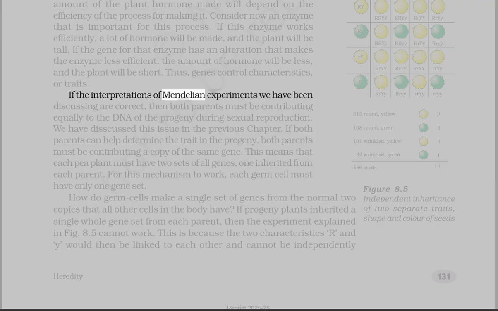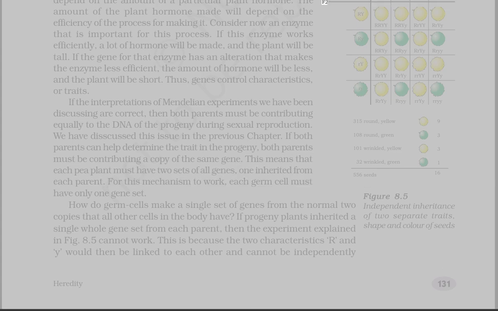If the interpretations of Mendelian experiments we have been discussing are correct, then both parents must be contributing equally to the DNA of the progeny during sexual reproduction. We have discussed this issue in the previous chapter. If both parents can help determine the trait in the progeny, both parents must be contributing a copy of the same gene. This means that each pea plant must have two sets of all genes, one inherited from each parent. For this mechanism to work, each germ cell must